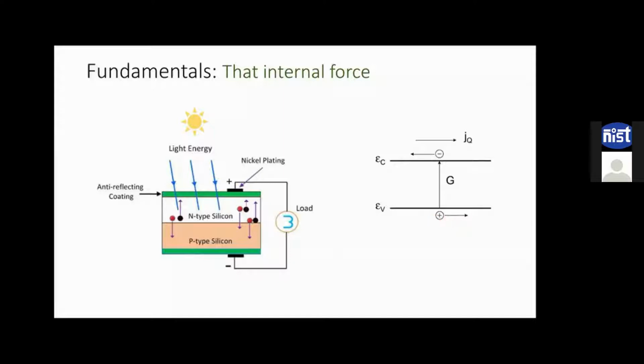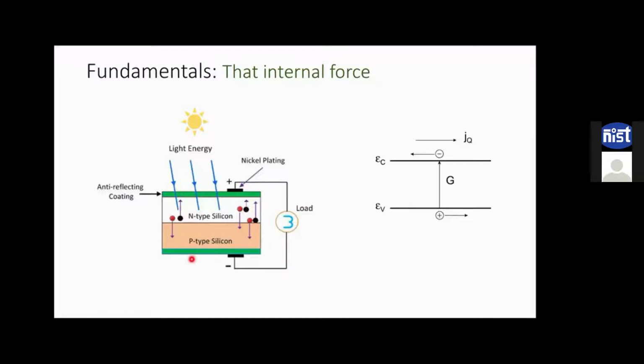So if you are designing a solar cell, what will you look for? You want some kind of internal force inside your solar cell device that actually helps in separating out these electrons and holes. Now see this particular example. Here the silicon is used as an absorber layer, and the built-in potential that generates at the interface between the P and N type silicon, that is at the interface of the P-N junction, is that internal force that helps in separating out the electrons and holes.